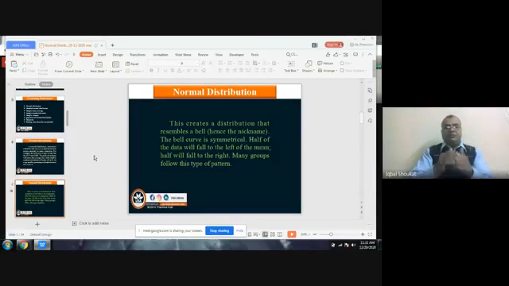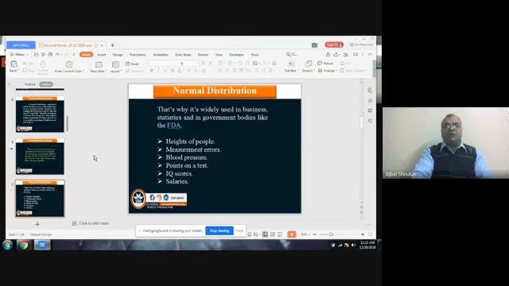Many groups, many organizations, many examination patterns, as well as when we have to calculate the height of students, scores, salaries, blood pressure, and so on, then we have to apply the normal distribution. The normal distribution is widely used to calculate large data. As I told, it is widely used in business, statistics, and even government bodies